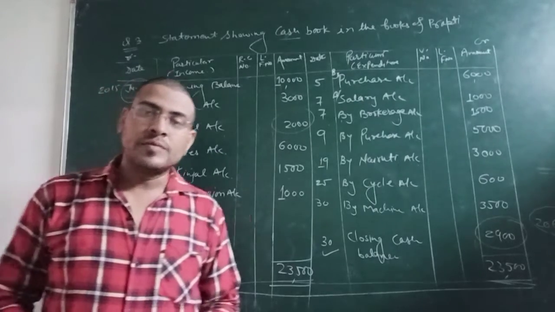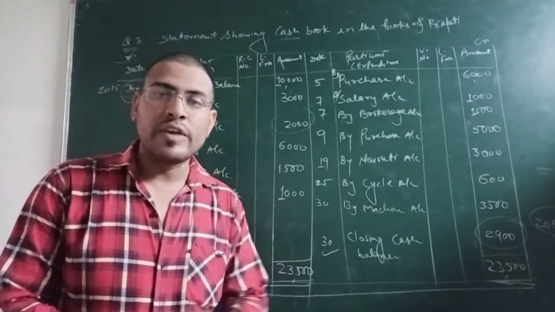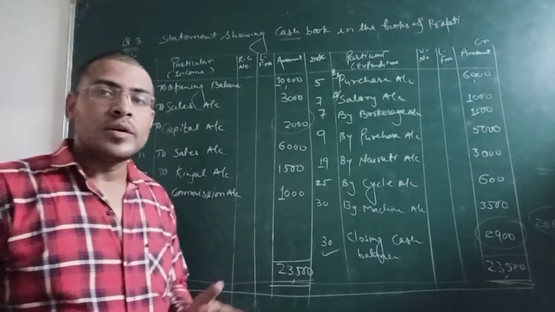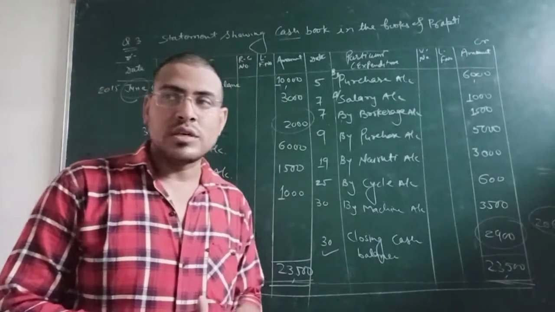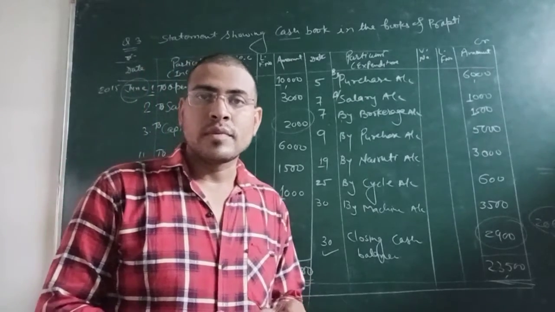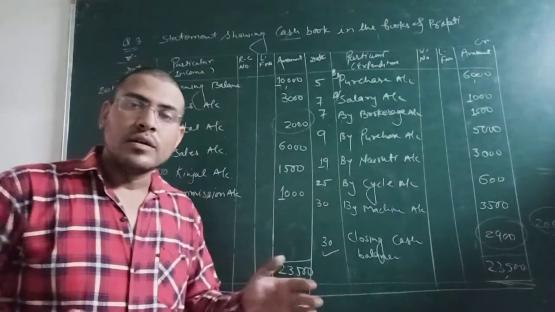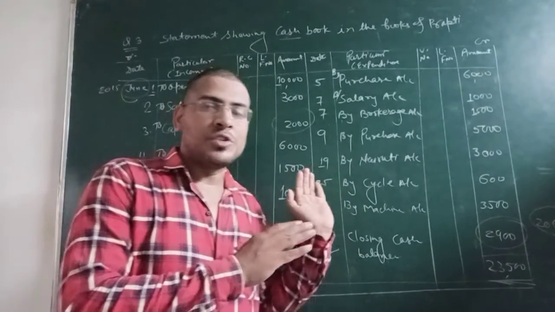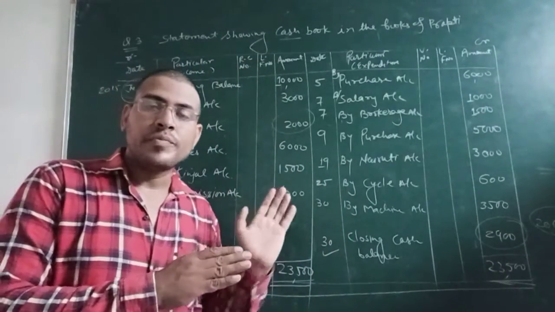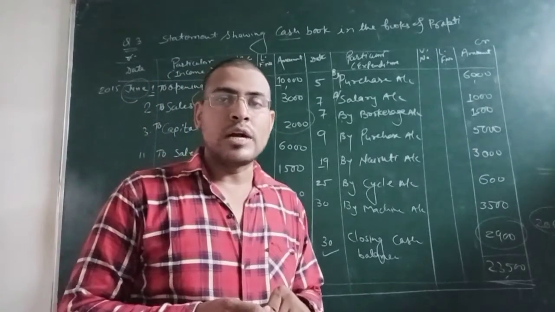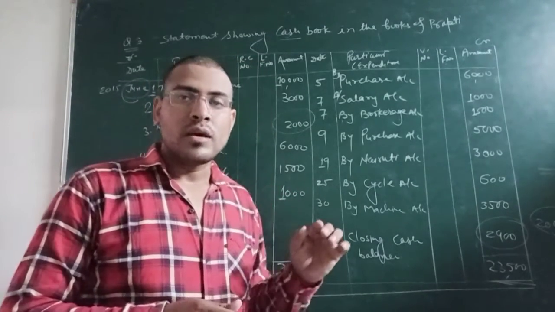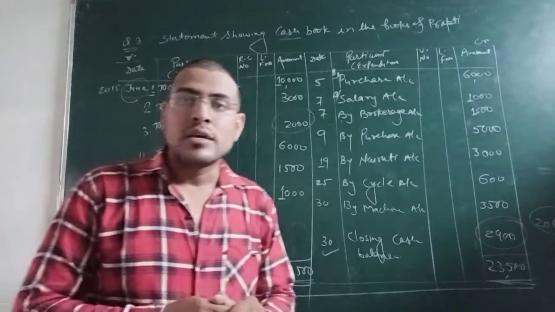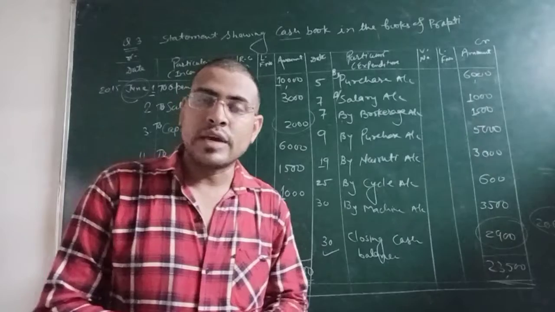Friends, as we know in standard 11 commerce, we are taking chapter number 7, cash book. Before this one we have discussed subsidiary books, types of subsidiary books and discussed all the questions related with that. In those subsidiary books we found that only credit transactions are to be recorded. Now today your chapter number 7, that is cash and cash book and types of cash book, we will discuss.